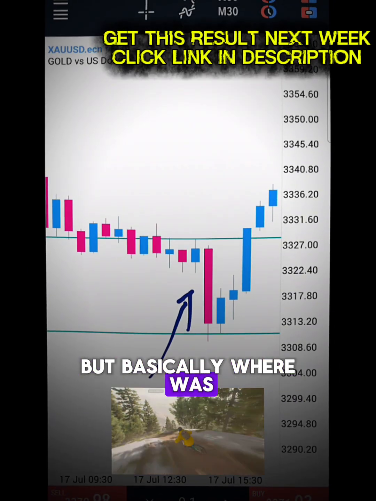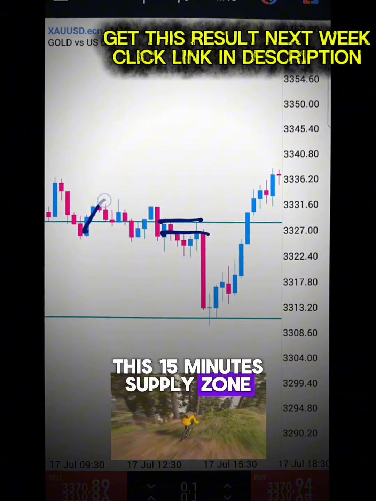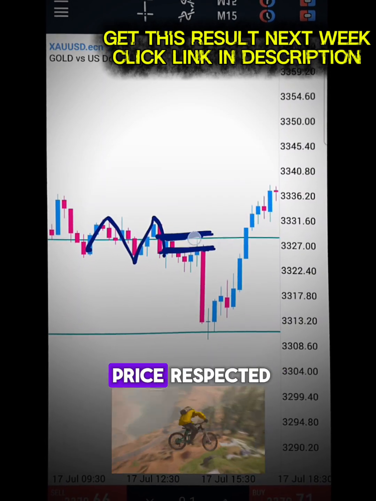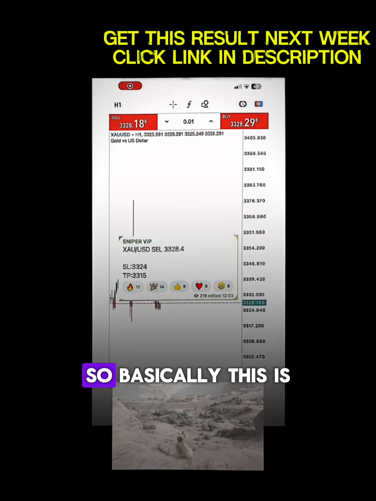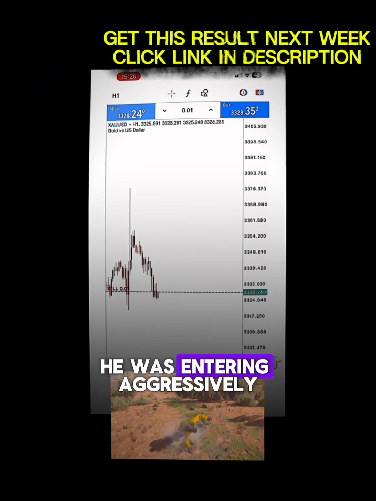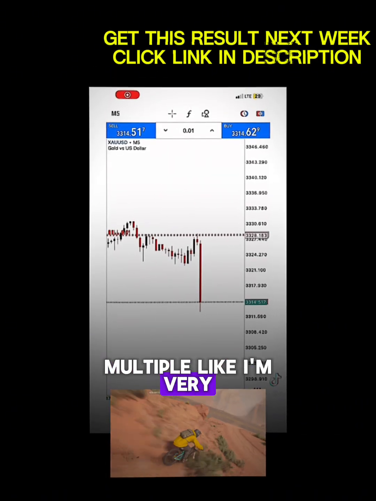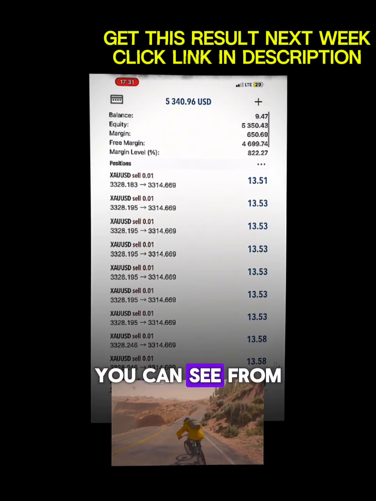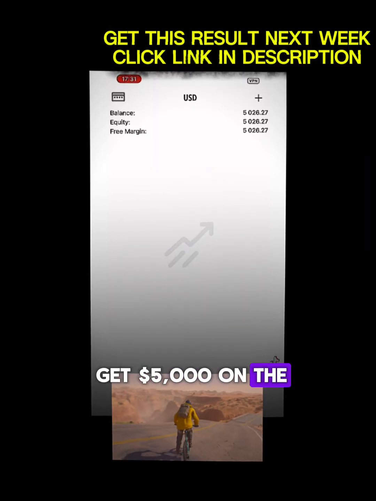But basically, where was the sniper entry? The sniper entry was on this 15-minute supply zone there. You can see it was perfectly respected. Even the structure before price respected the 15-minute entry was perfectly respected also. So basically this is when the guy was selling, and that's where he entered. You can see he was entering aggressively, and I'm sure he used very high leverage, maybe even unlimited leverage. You can see from that $9 he was able to get $5,000 on the first trade,